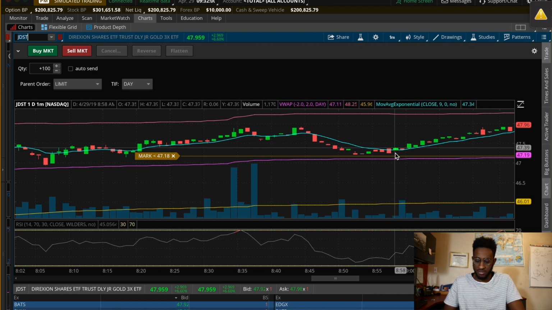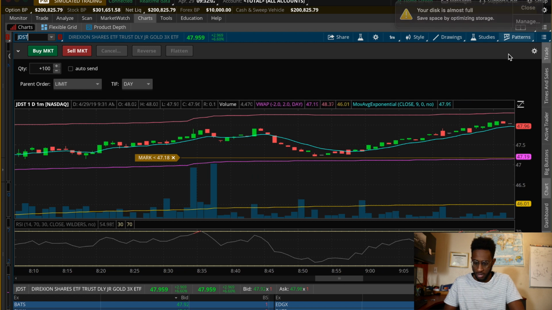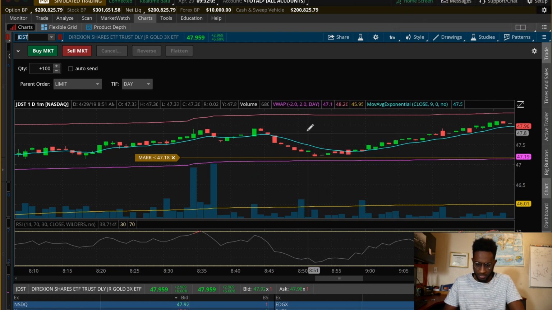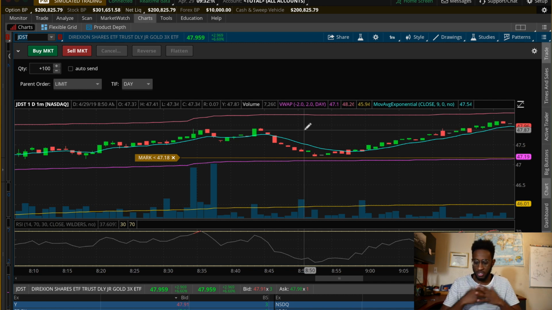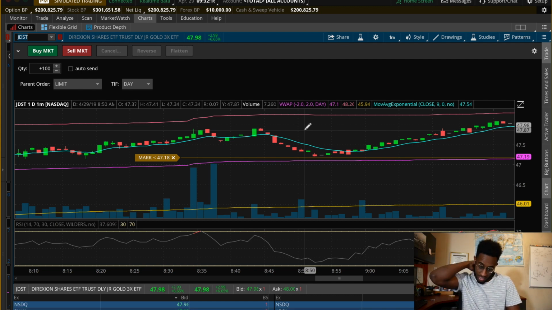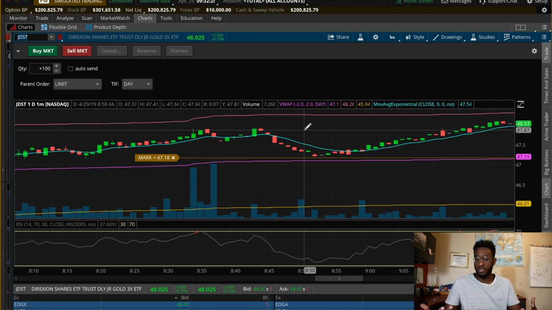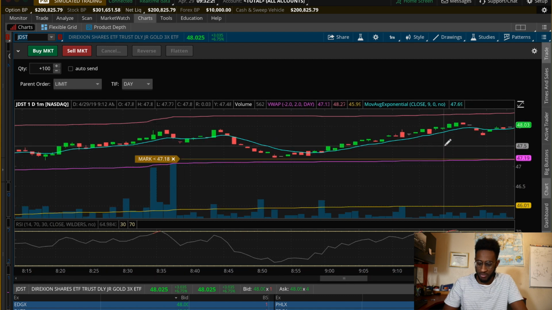And after then, it just kept going up, kept going up, kept going up. Locked in profits at about 47.80. I saw the previous resistance over there, so I was like, I'm just going to lock in profits at any previous resistance, because obviously it could keep going up, but there's a higher chance of it going down. So that's what I'm doing now, just being more conservative, doing more predictable trades, really. So that's what I'm looking for now.